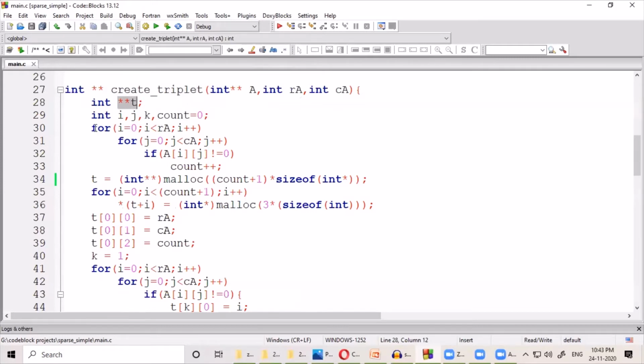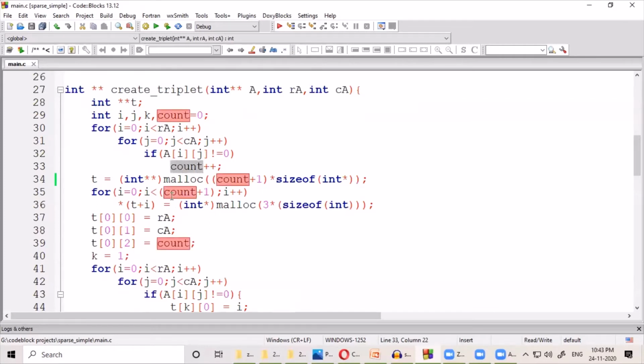And accordingly, we have to first count the number of non-zero elements in the original matrix A. Here, when we find that there exists a non-zero element at the ith row jth column of the matrix A, we increment the counter count. Here, as you can see, count has been initialized to 0. So when the control comes to line number 34, it already has the information of how many non-zero elements are present in the original matrix.